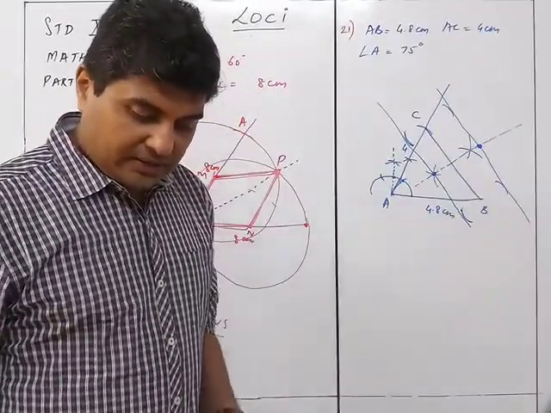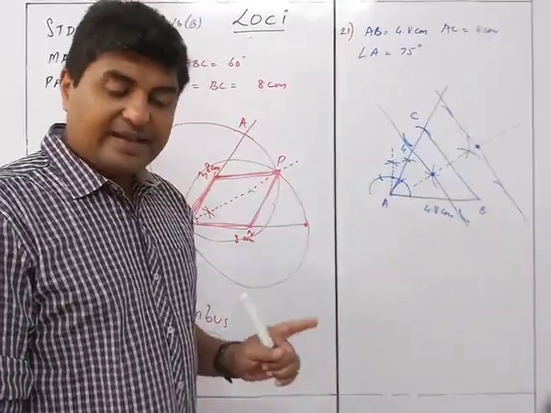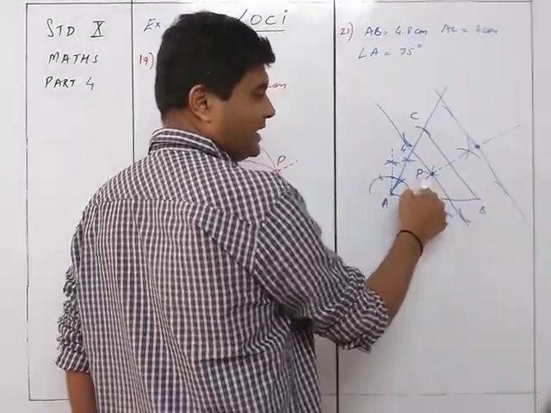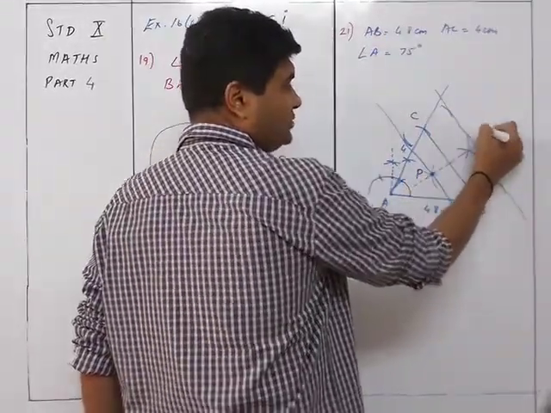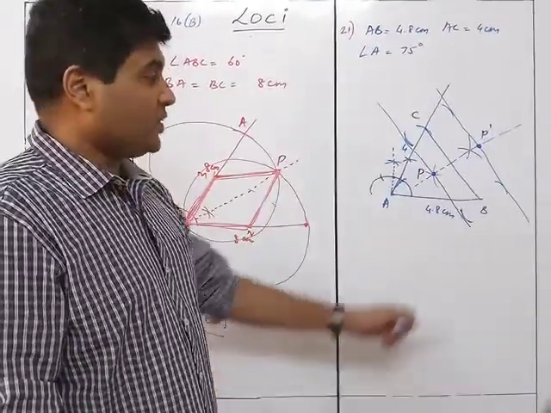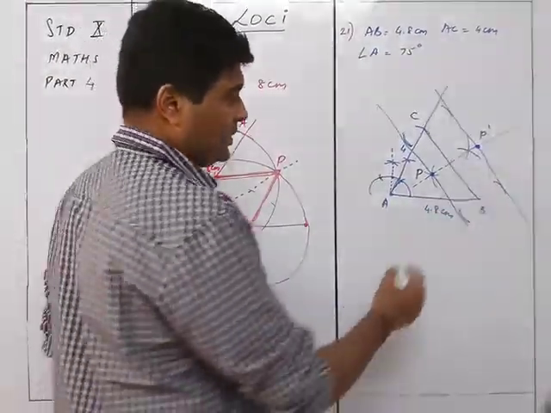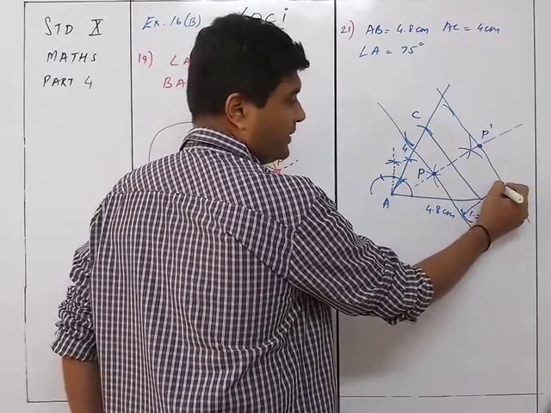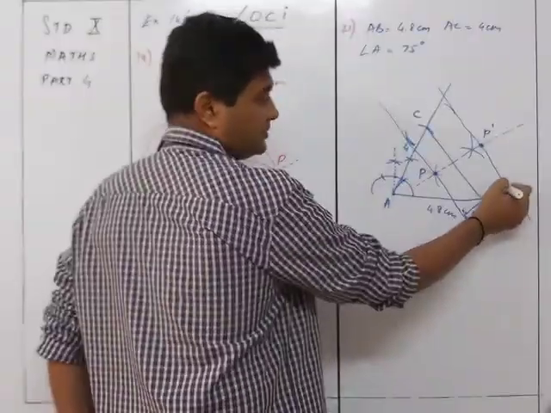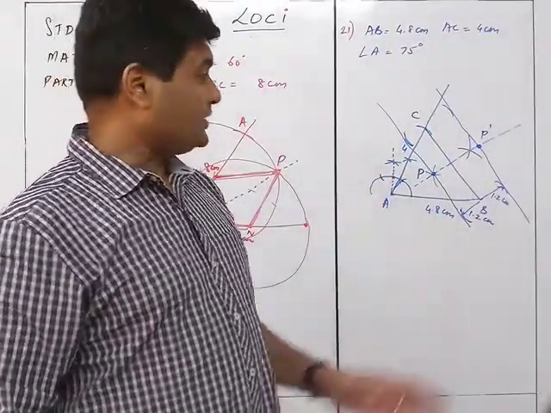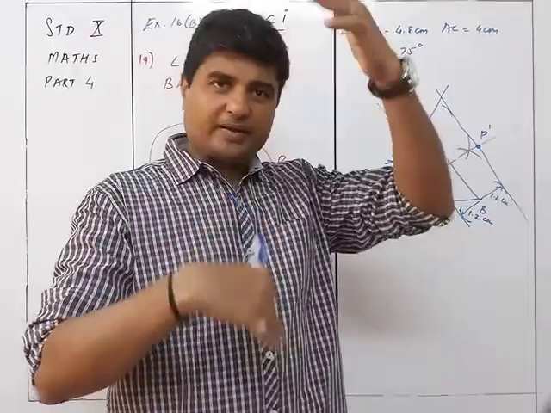They are given here that the first one is inside the triangle ABC. So this is the point P, which is inside the triangle ABC, and this is the point P dash, which is outside the triangle ABC, which is at a distance of 1.2. So this radius that we have taken is 1.2 centimeters. Your radius over here is 1.2 centimeters. We are drawing two parallel lines to BC at 1.2 centimeters up and down.